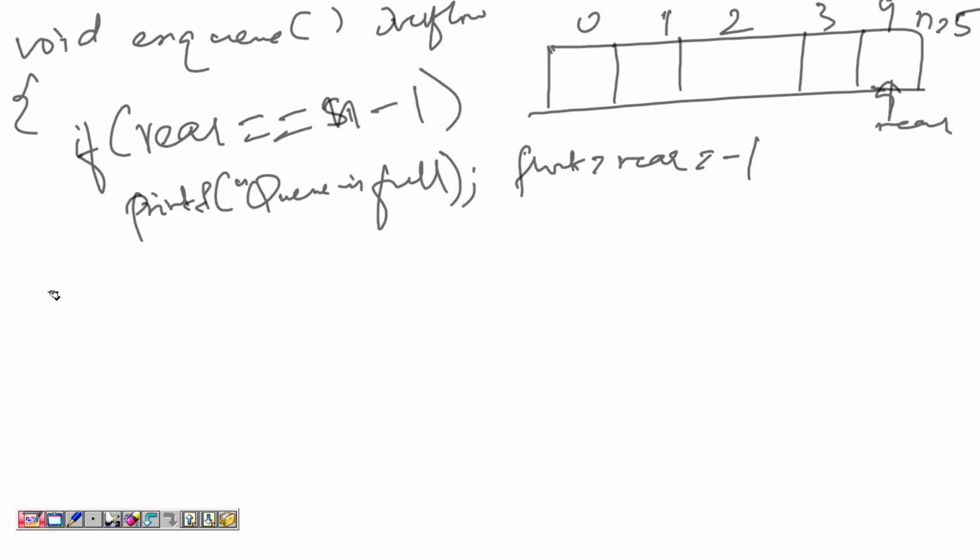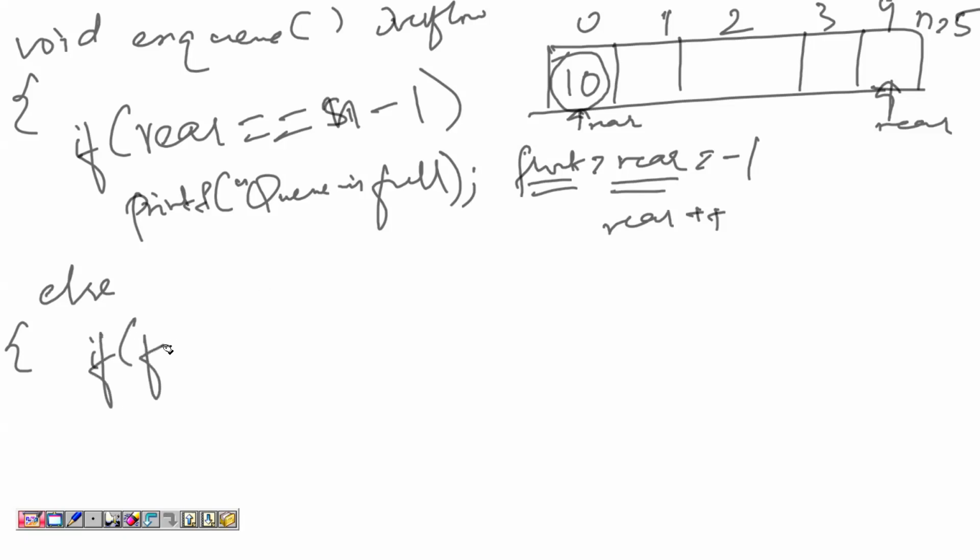If the queue is not full, what do you have to do? Initially there are no elements in the array, it is empty. So when I want to insert an element 10, I have to increment the rear value, pointing to this one. And the front value should also be incremented. If you don't increment the front value, it will say that the queue is empty, but the queue is not empty, right? That's why whenever you're inserting one element into the queue, you have to increment the front value and rear value. That's what we'll write here.